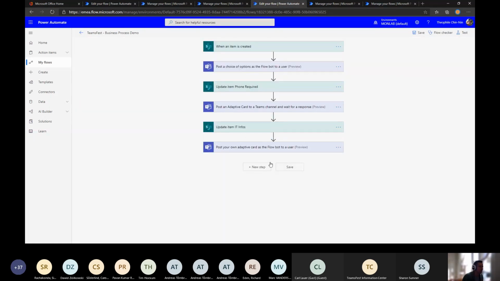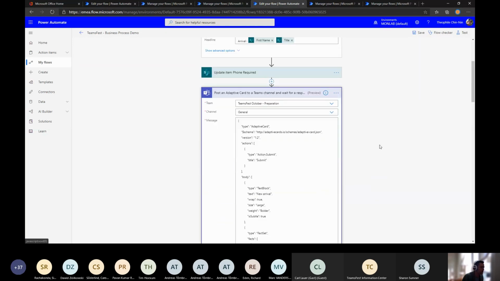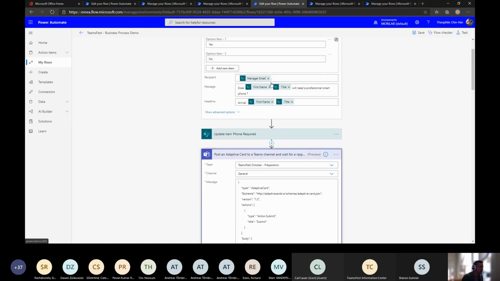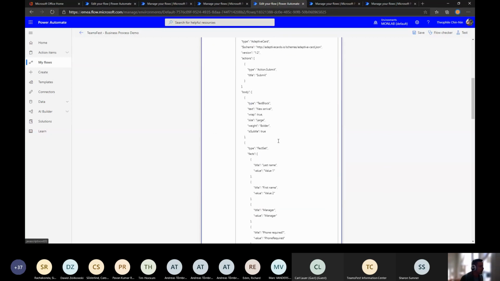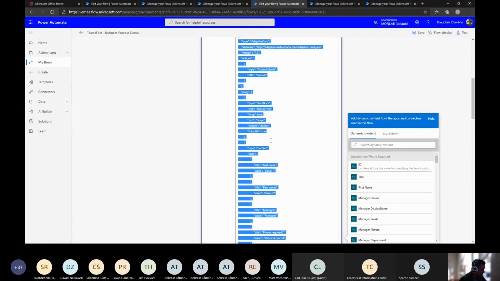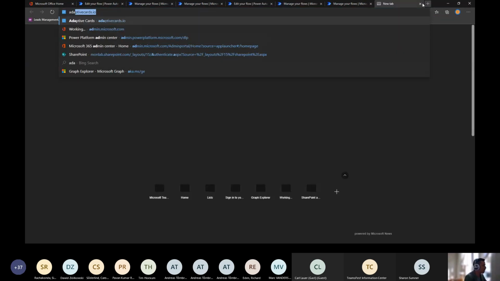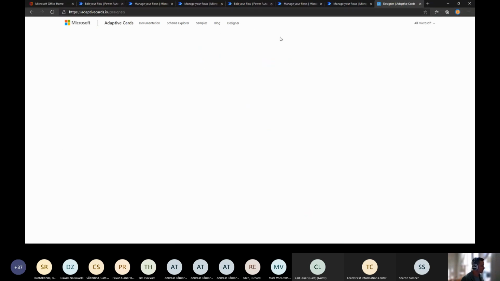And as you can see, this is a very basic flow where everything I used is right here. So post the message, update the item once the information about the phone is submitted. And here I do have my adaptive card, which is JSON. All right. If I go to adaptivecard.io on the designer,